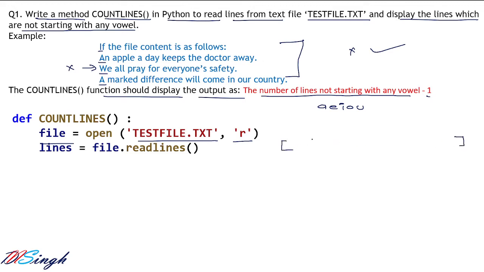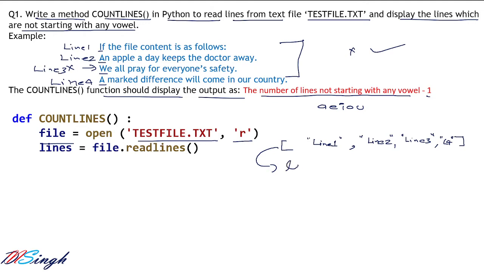Okay, so we will get a list where we have, suppose, line 1. Okay, second element may be line 2. Okay, third element may be line 3. These all are in the form of strings only. So this is our line 1, line 2. So these content will be placed here. Line 3, okay, line 4. So these are the content which are being placed here, L4. Okay, so this is the output we will get, and that will be stored inside the variable called lines,